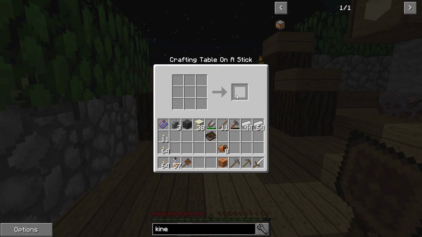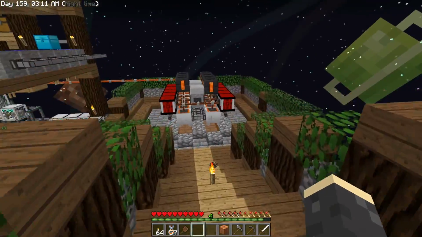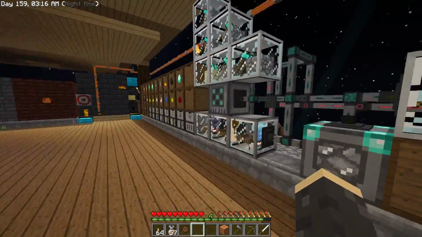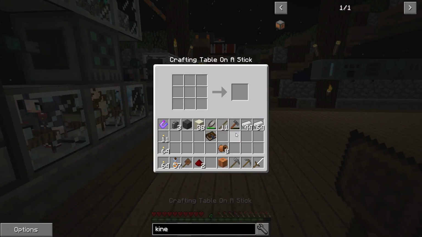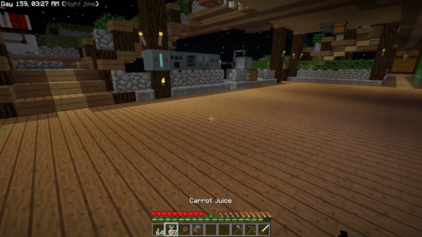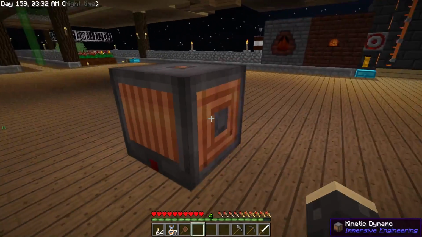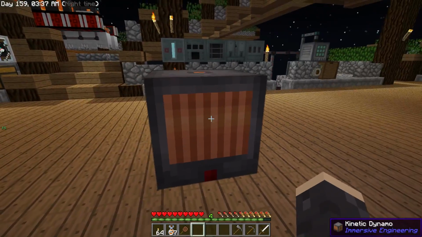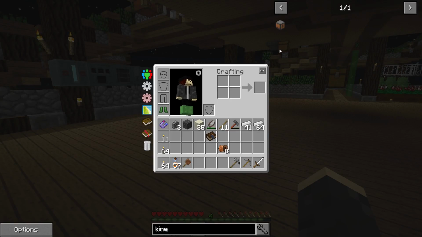Iron. Alright, so there's that guy, and then I think it's redstone and more iron, right? So let's go grab our redstone over here. We really gotta get some sort of a storage system up and running too. And boom, there is our kinetic dynamo. Now I believe that this guy actually has an input side, which is this side. So that's got to be connected to whatever is generating the power, and then from here we can transfer the power out and then put that into...